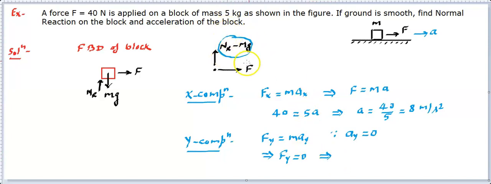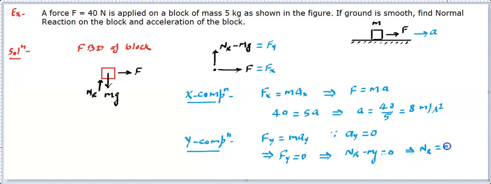So that's the total force in the y direction. So we are counting like this is Fx and this is Fy. This is how we count, right? So we need to make this Fy 0. Once you make this, you will get Nr minus Mg equal to 0, which basically gives us the value of normal